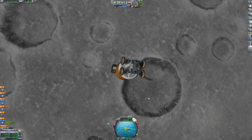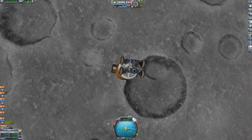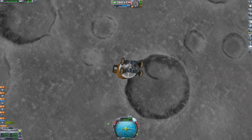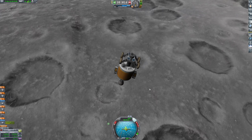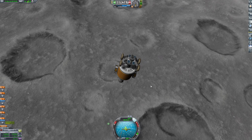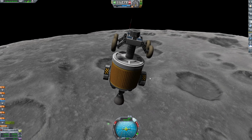But from this point on, you're going to hear the real voice of me in real time. We're going to be landing on the Mun with our new rover. All right, we are making our slow approach to the surface. And the way I'm going to do this is I'm going to burn a little bit with this bottom stage,